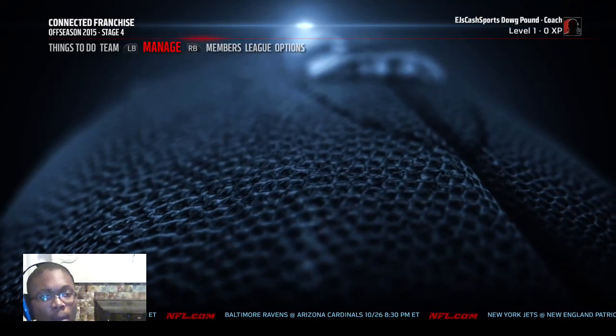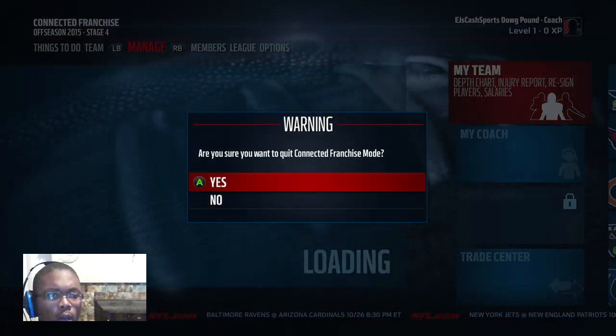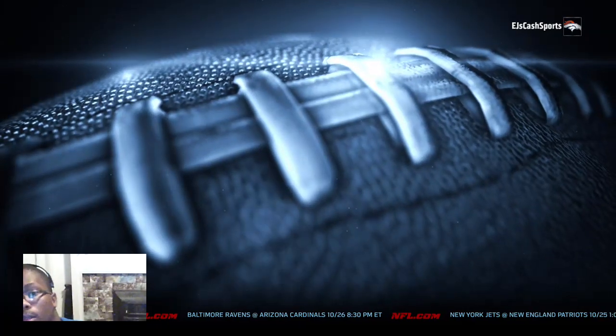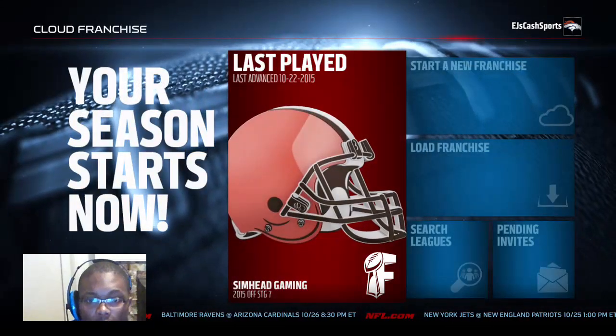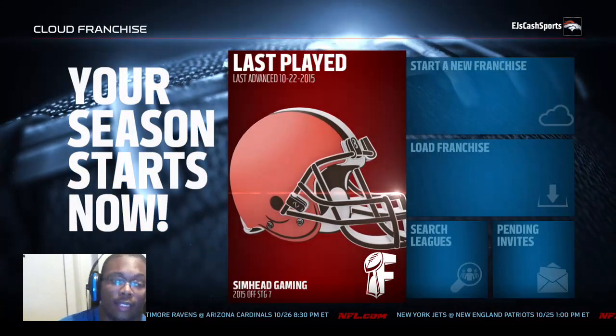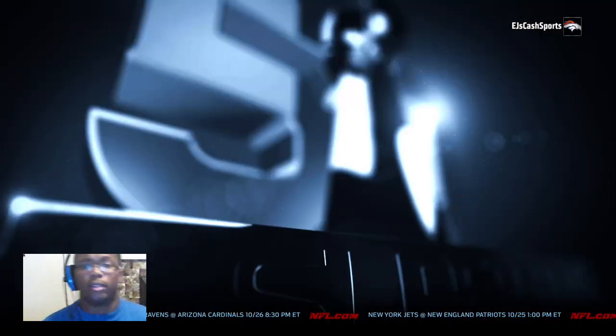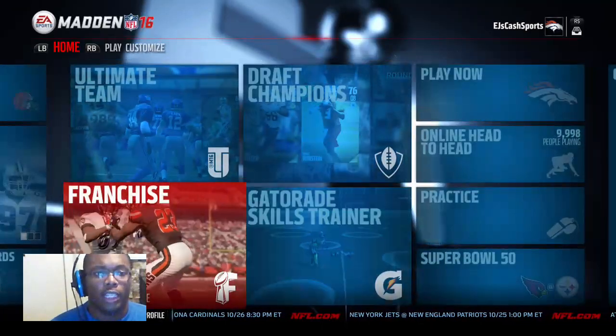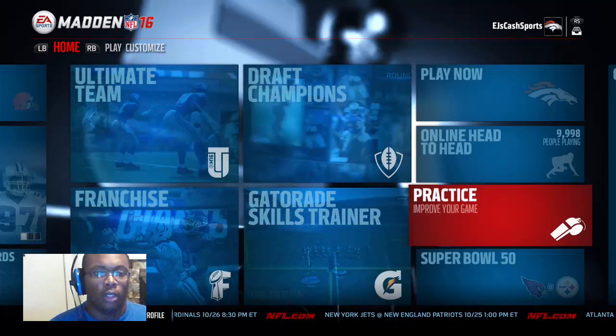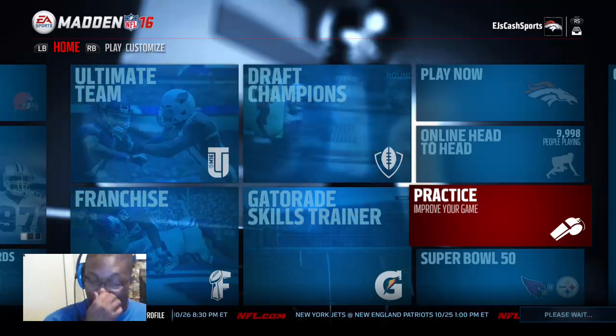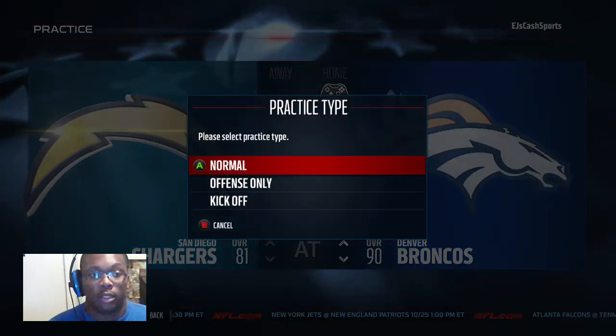Now I'm going to go ahead and back out. I'm going to show the Broncos. The Broncos have a problem with the fact that they have C.J. Anderson and can't move him at fullback. He can't move him. He feels trapped with the player. So I'm going to go in here to this practice, and I'm going to show you how you can utilize